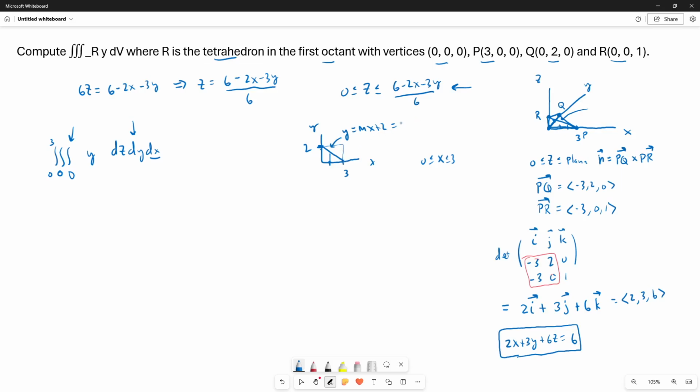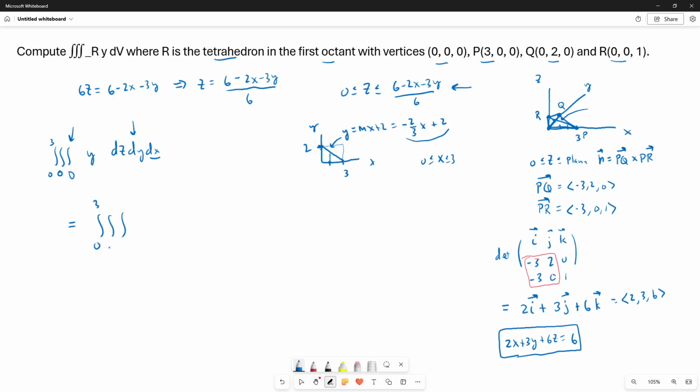So the slope is negative 3/2. No, negative 2/3, pardon me. Rise is negative 2, run is 3. So m is negative 2/3, and then x plus 2. So y is going to go from 0 to negative 2/3 x plus 2. So our triple integral is